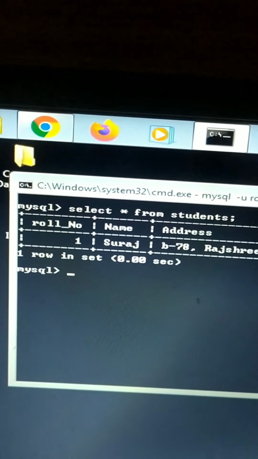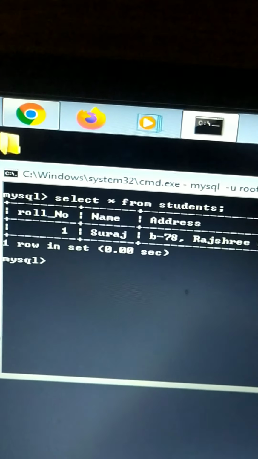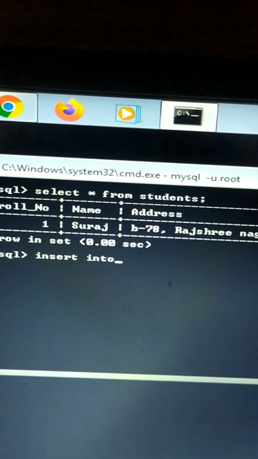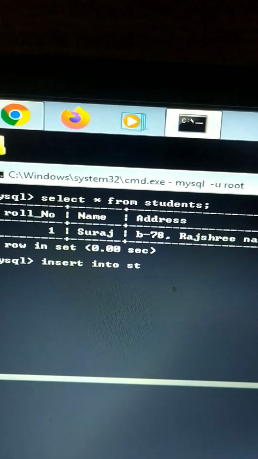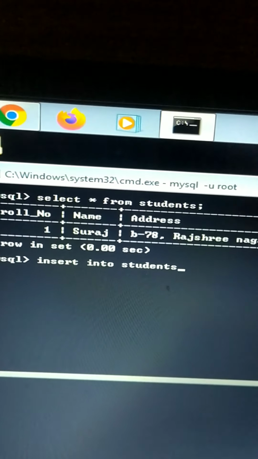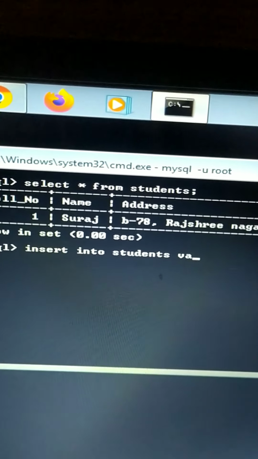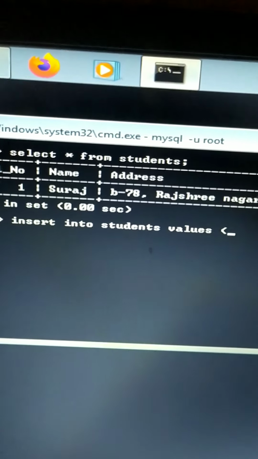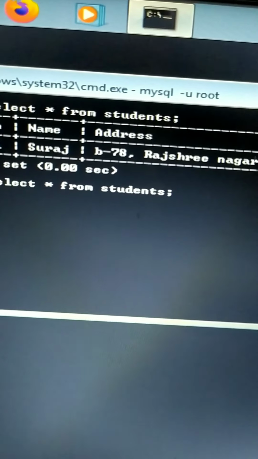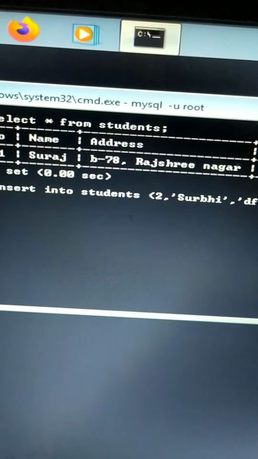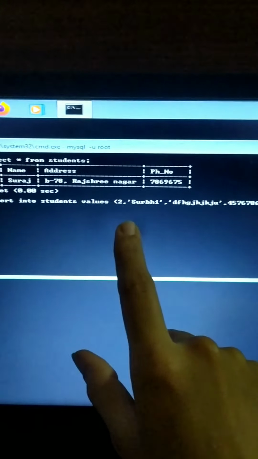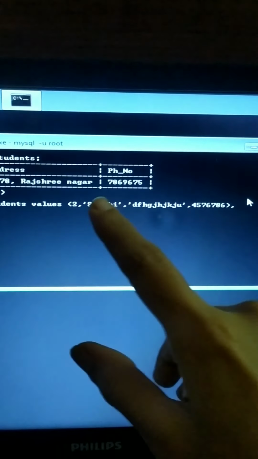Now if we want to insert multiple records, we'll use the same command, that is insert into, then table name, that is students, values, then in round brackets. Suppose I have inserted the roll number 2 data.